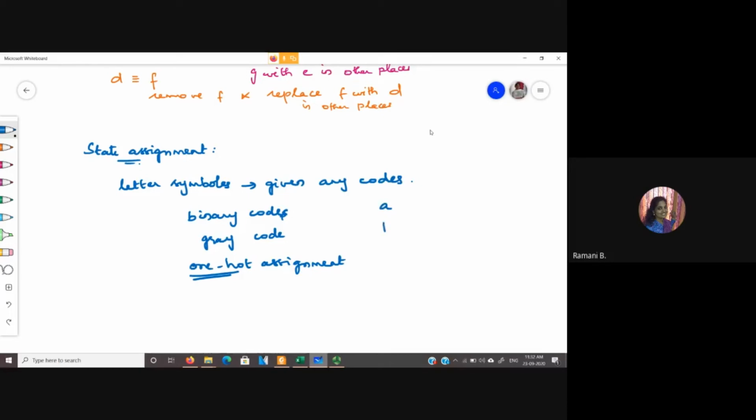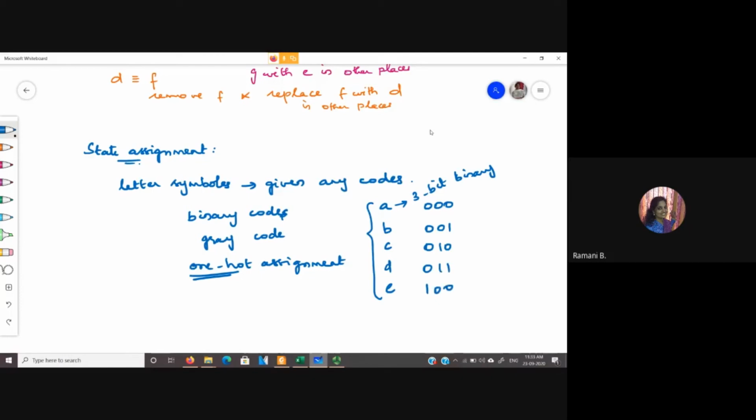So we had the states A, B, C, D, E after reduction, right? So I was mentioning that you need 3 flip-flops for this. There is no other go for us. For that case, each of these states will be defined with a 3-bit value if we are going to use the binary or gray code. So if I am going to use 3-bit binary, I can take it in the order 000, 001, 010, 011 and 100.